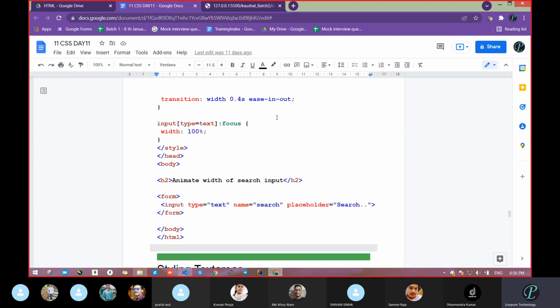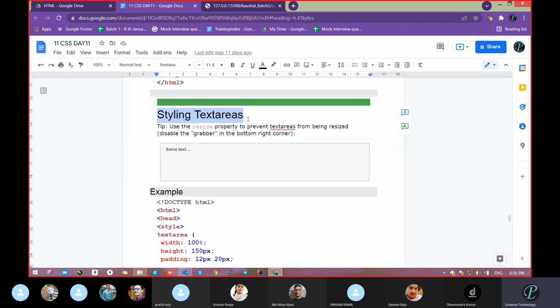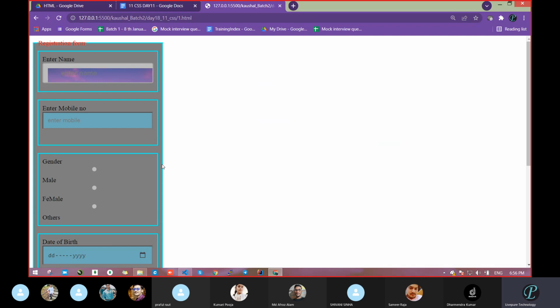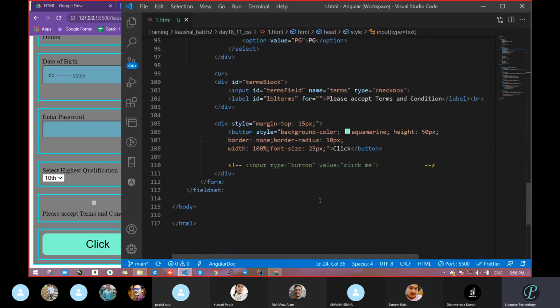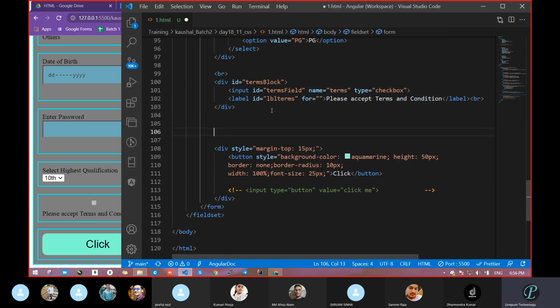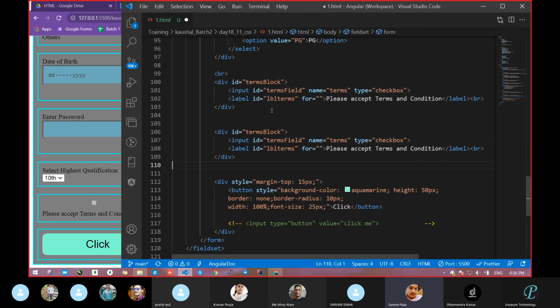Let it be. Then styling a text area. Yes, this field got missed. Let me complete that also. So what I want is, if the user is giving some more suggestion, the user has to pass some more suggestion. So what I will do, we will take one field. Suggestion text, not text box.